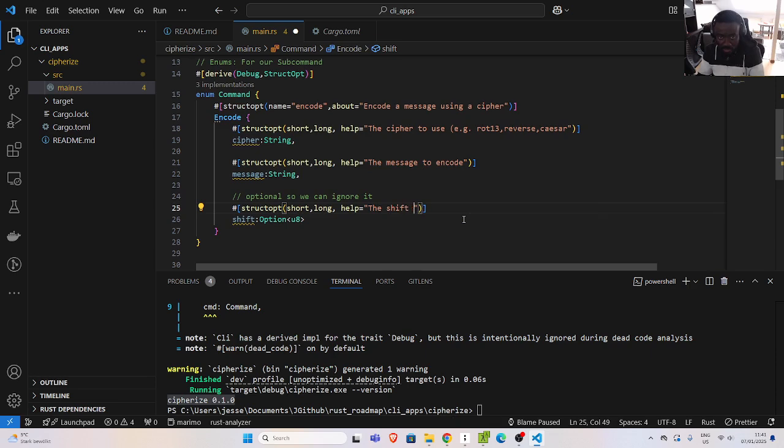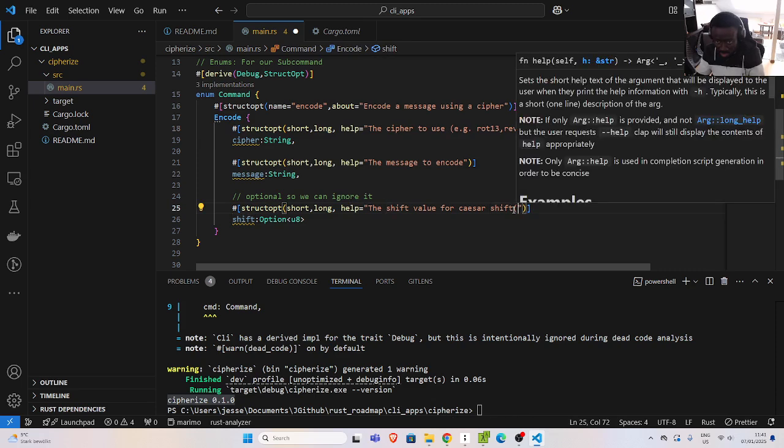The shift value is for the Caesar shift, right? Because not rotating doesn't need this value. That's why we are making it optional. Perfect. That is all. Now let's specify default. You can also specify default. So default is 3,